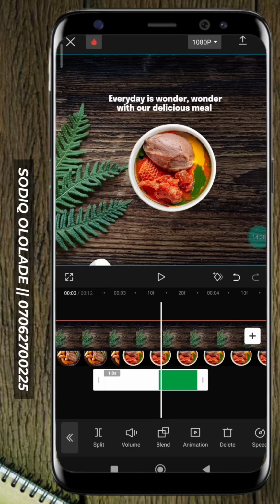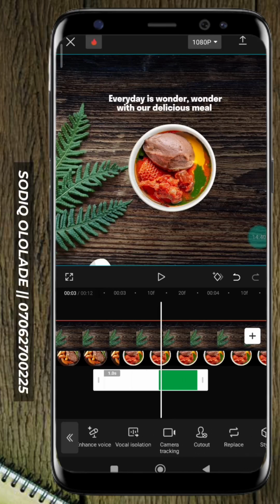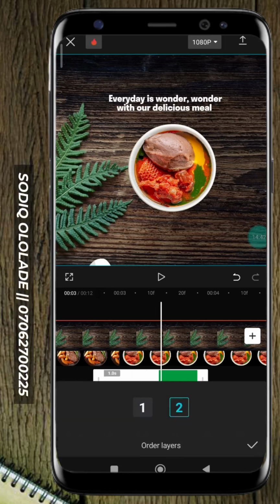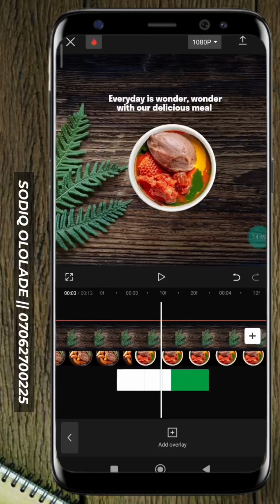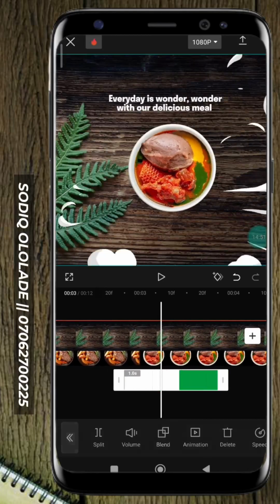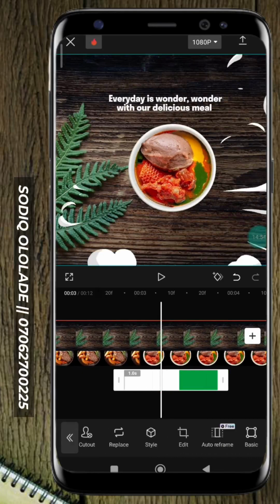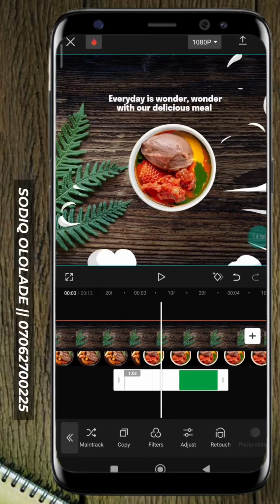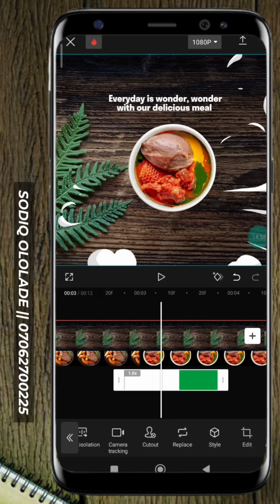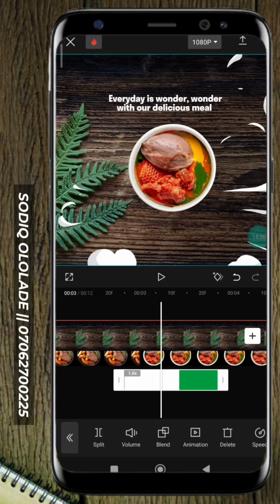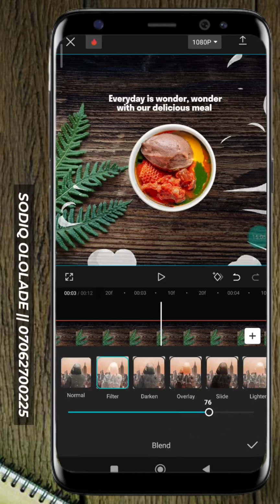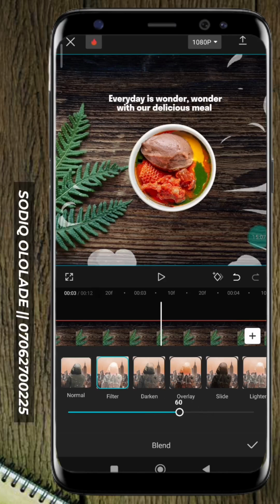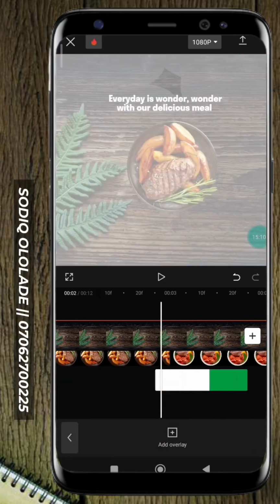So cool. So the next thing is, at this point in time, come to your layer. So give it number 1 instead of 2 so that it can go backward, right? You could see it's like it is coming from below. So you can also choose to reduce the opacity, or you can test blend depending on you. So blend, click on filter. Let's see the effects. So you can reduce it a little. So that's just it. You are good to go,